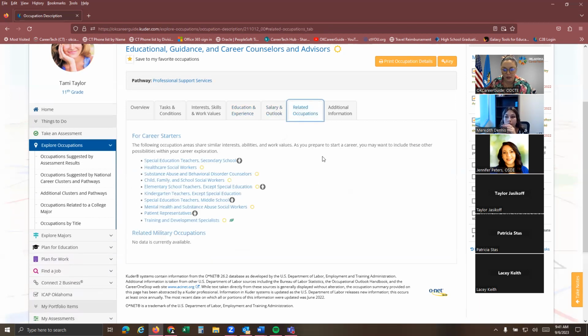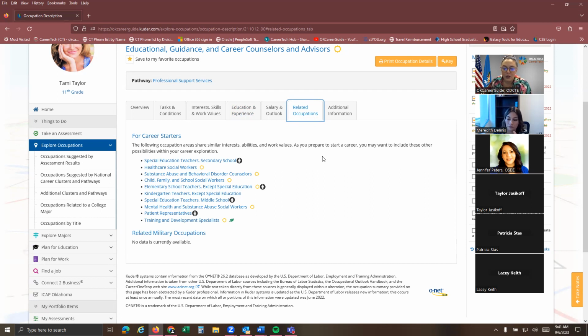We also have related occupations. Something I think is important when I talk to students is reminding them they could pick this as the potential career that they want to follow, but there are so many that are similar that could also be a good fit. So don't feel like just because you pick something specific means that you're tied into that, that you've pigeonholed yourself into that. You haven't. There are other options too.